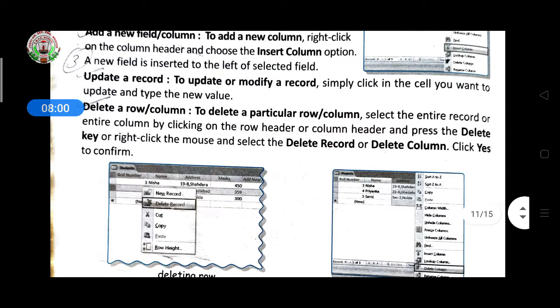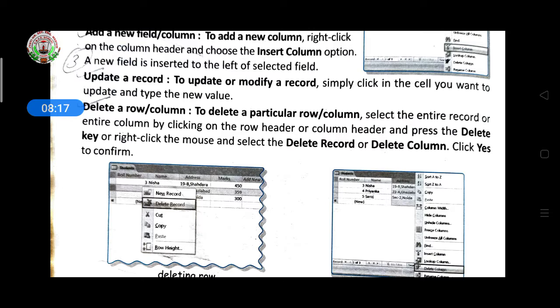Then if you want to delete a record or column, select the entire record or entire column by clicking on the row header or column header and press the delete key, or right click the mouse and select delete record or delete column. If asked to confirm, then type yes.